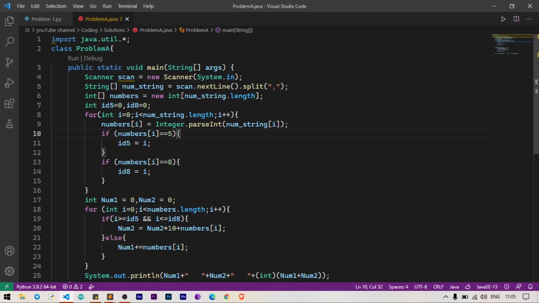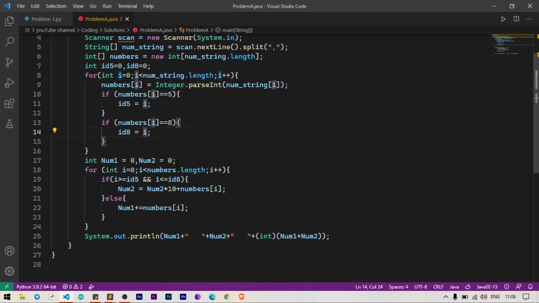Okay, so after adding that element, we are checking whether the element we added is 5 or not. If it is 5, we can simply store i as id5. If it is 8, we can simply store i as id8. Okay, that's it. And next we have id5 and id8. What we need to do now is we need to do the operations. We need to find out num1 and num2.